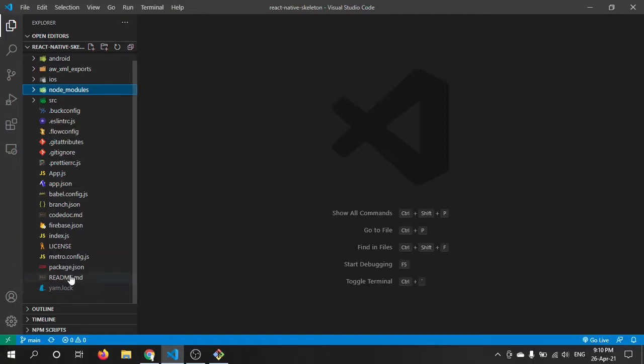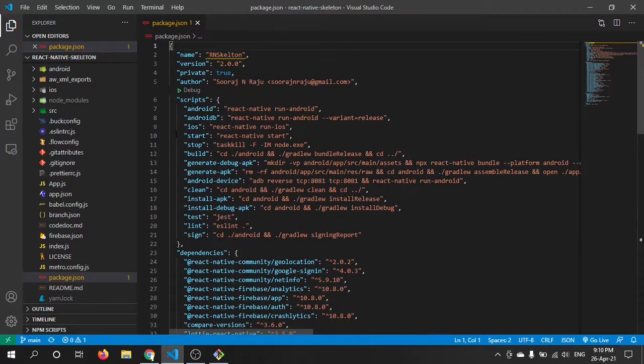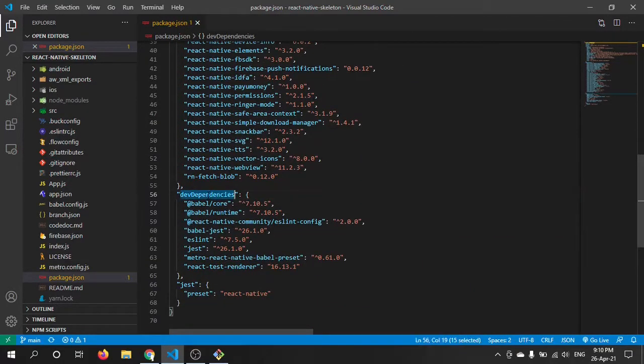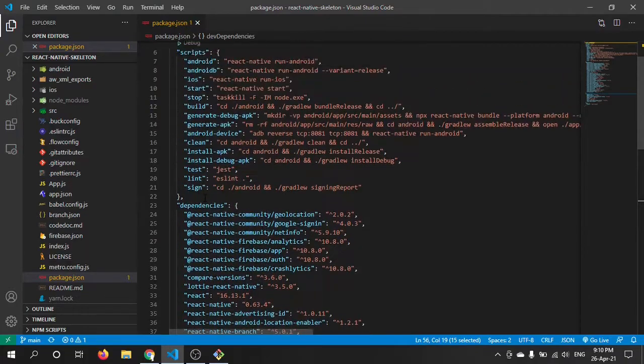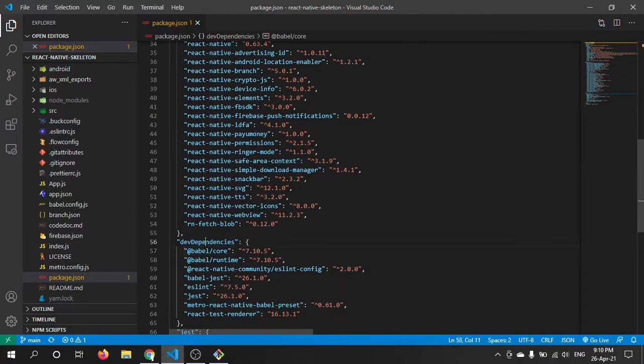First thing, we will look into this package.json. Here we have scripts, we have dependencies, we have dev dependencies. We have installed all those dependencies, and these dev dependencies are for the development environment.